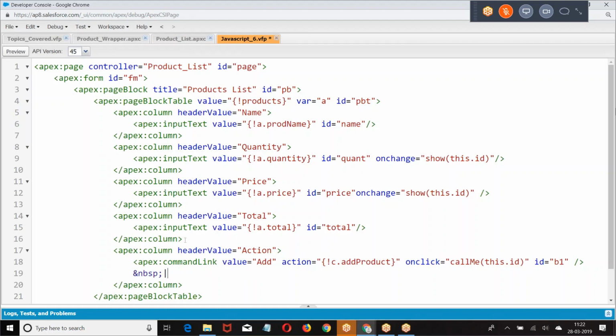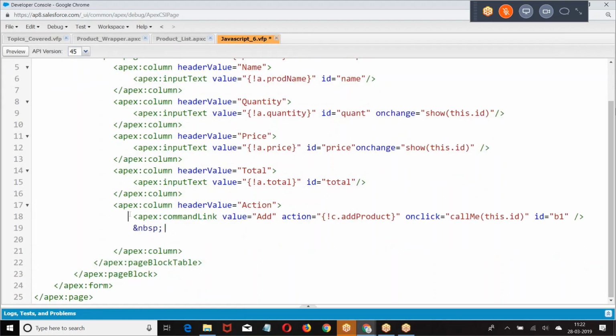Now, this is to create a buttons. I'm not writing any JavaScript yet, but I'm just giving UI part.